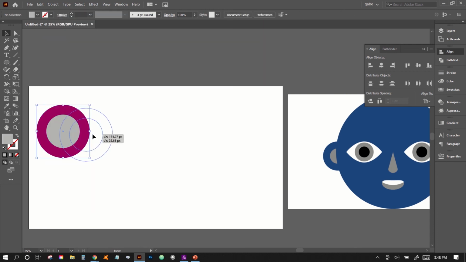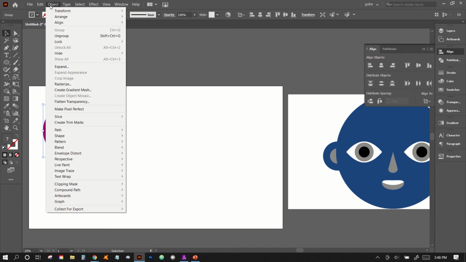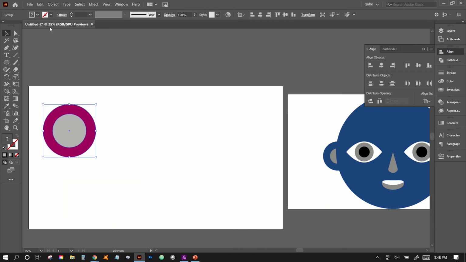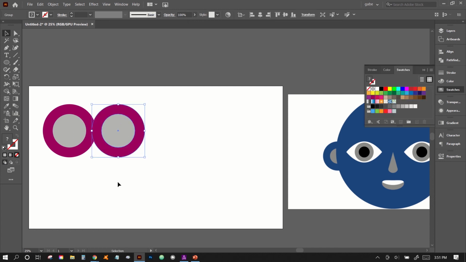We can see that they're already grouped. And if we want, we can copy and paste it. And paste. And then with these two, we can also align it to the top or the center, but they're the same thing. All right, so now that we've made the ears,